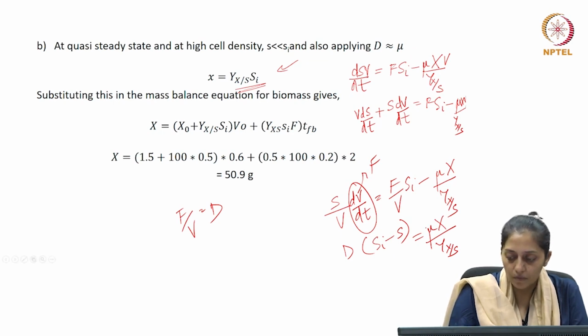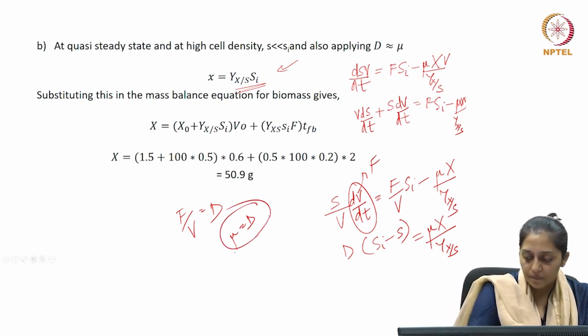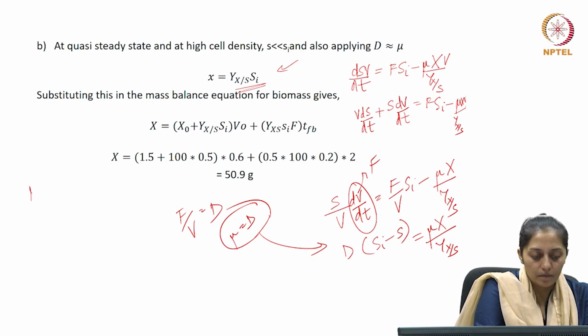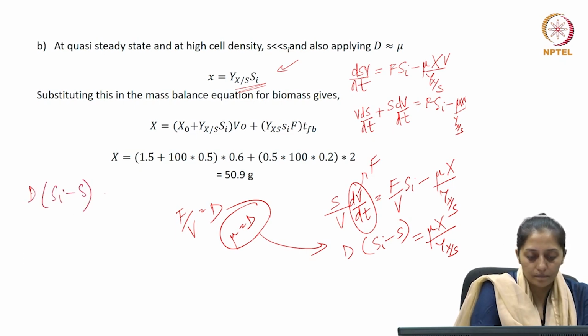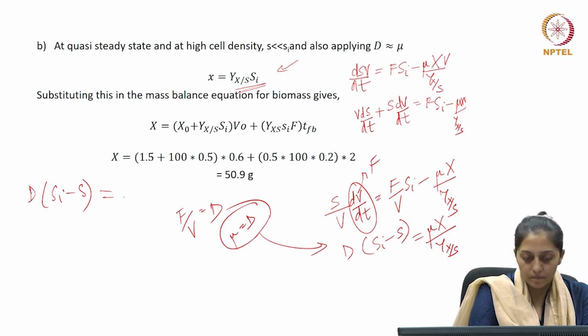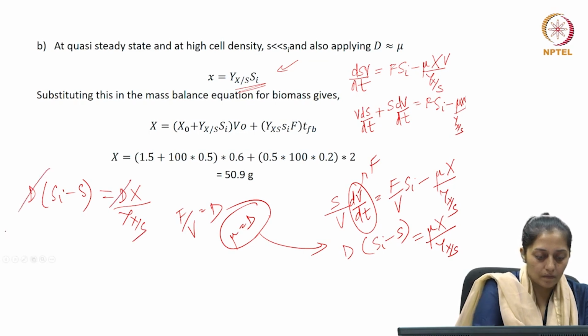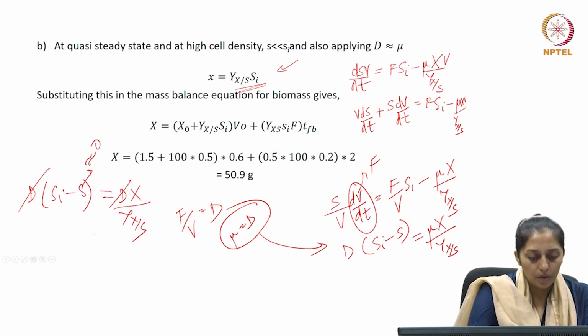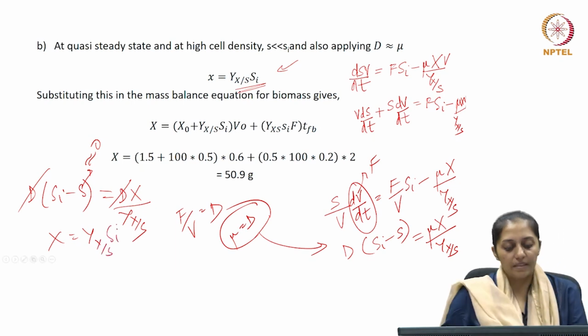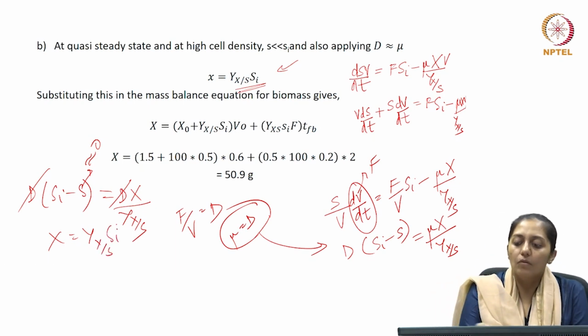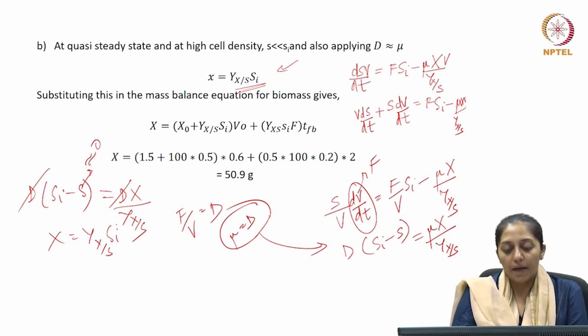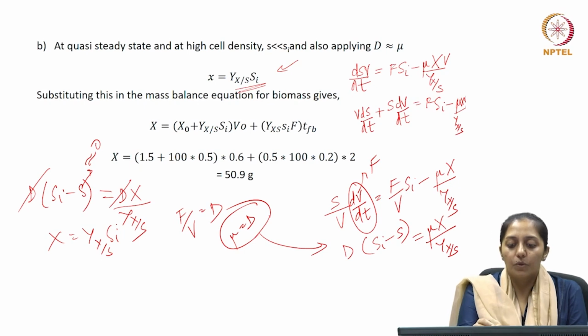At steady state, we know mu is equal to D by the biomass balance. So, if we substitute this here in this equation, now S is nearly 0, which was 0.2. So, we can say that X is Yx by S into Si. So, this is how with substrate balance for fed batch reactor we have been able to achieve,